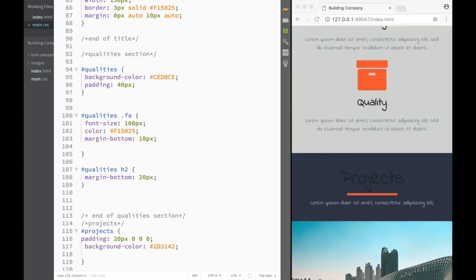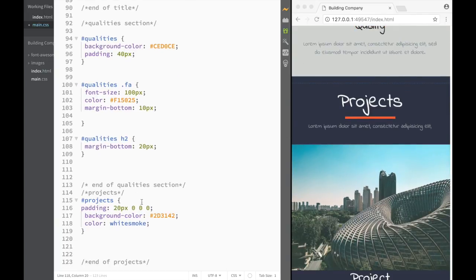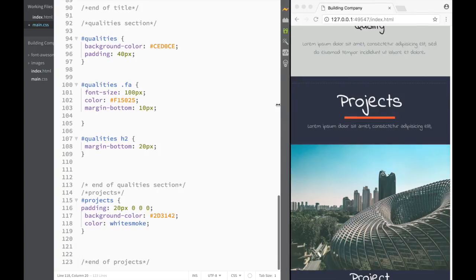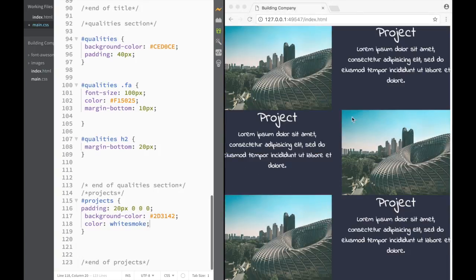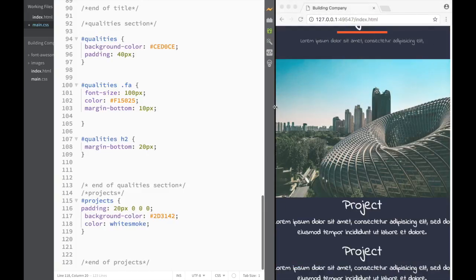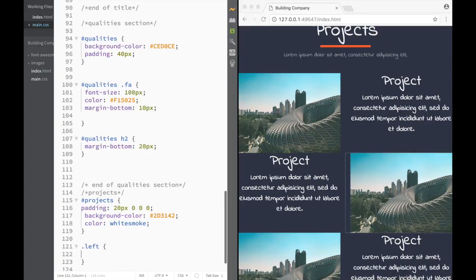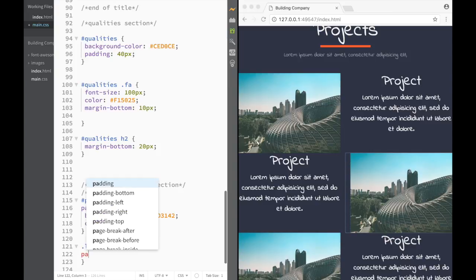After that, what we want is color. It's going to be the text color, white smoke. So now we start actually rolling somewhere. Now, how do we get rid of those paddings? It's actually very, very simple. Remember when we added these classes like left and right? So for the class left, I want the left padding to be 0. You can see that this is the class left, so this padding I want 0. So I just write padding left,